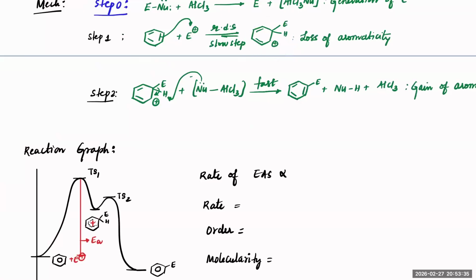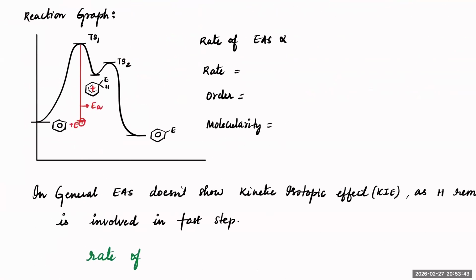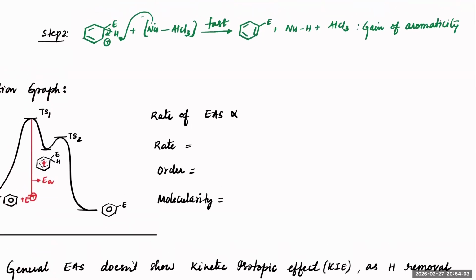So if this intermediate is more stable, then you can say the reaction will be more effective in the forward direction. And that's what you can notice through the graph also: if this benzene is attacked by an electrophile here, it might go through a large amount of activation energy to reach this intermediate. And from this intermediate, it will eventually convert into this substituted compound. So the rate mainly depends upon